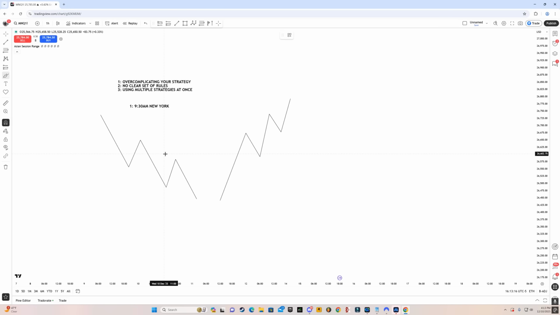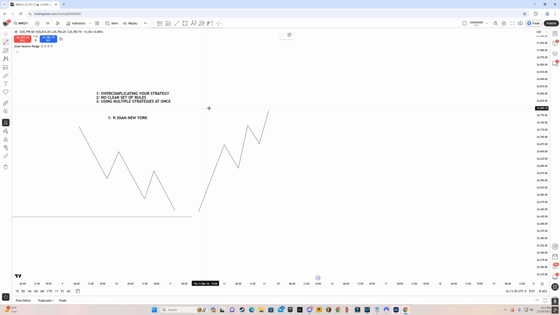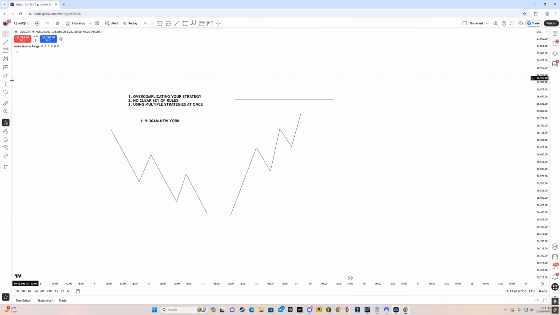Now, if we are respecting bearish PD arrays, then that means there is a draw to the downside. So what you want to do is on the 1 hour or 4 hour time frame, mark out some equal lows or a significant low that price is moving towards. Similarly, if price is respecting the bullish PD arrays, then there's most likely a 1 hour or 4 hour swing high or equal highs that price is going to target. With that in mind, we have our bias.